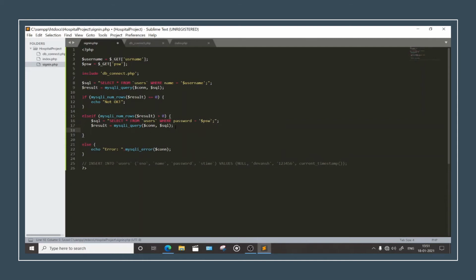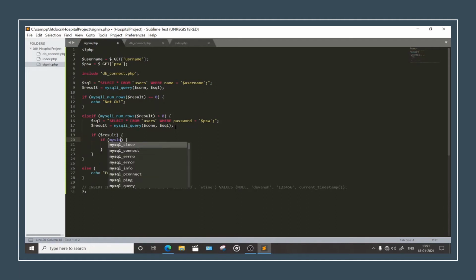So now let's write if dollar result, and now head down to if mysqli underscore num underscore rows of dollar result. Now this dollar result is renamed here, right? That's why we need to keep it equal to 0. Then you need to echo